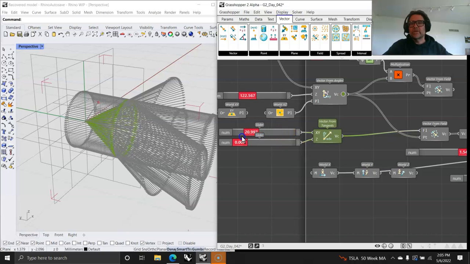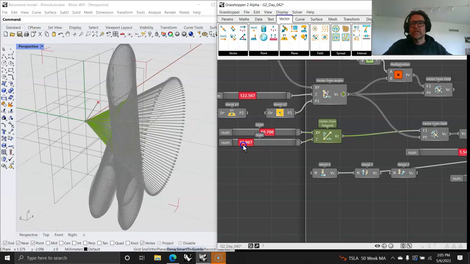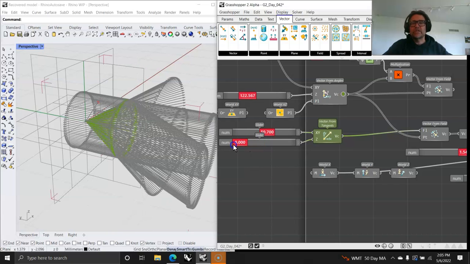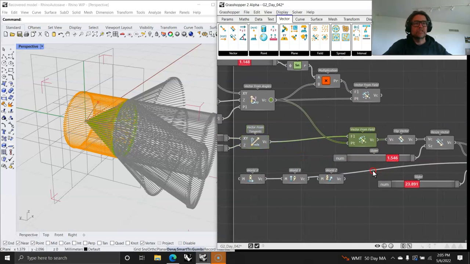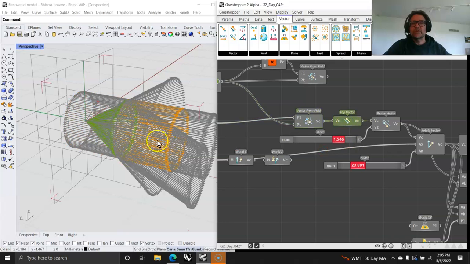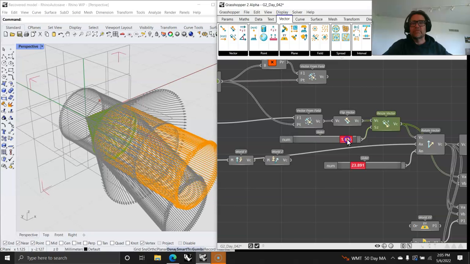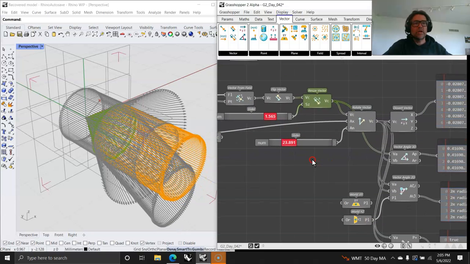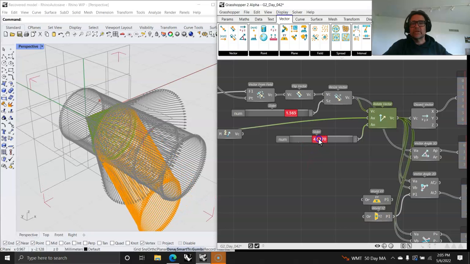What was I doing? I was playing around with just sliding it from one way to the other in the tangents. You see, you can start to play off of that. It's not too exciting because the vectors obviously aren't behaving like curves, or that's just the way it goes. And then I flip the vector to go this way, and then I've resized the vector, which is like an amplification of the old Grasshopper one. And then I rotated the vector and decided to put it through an axis of